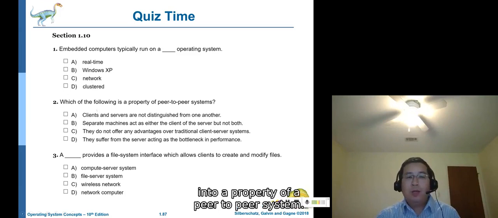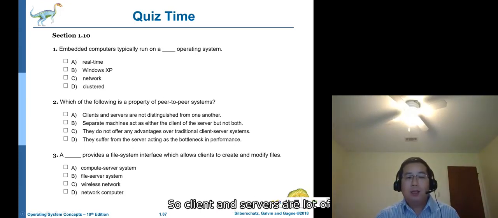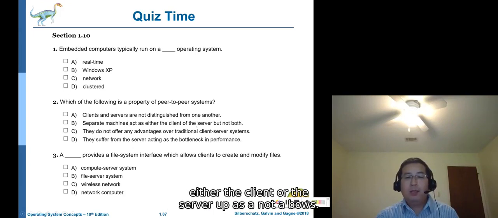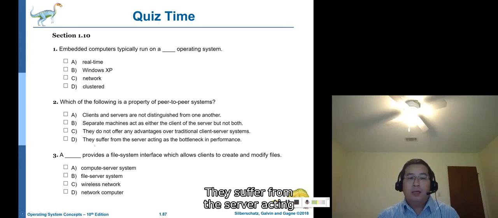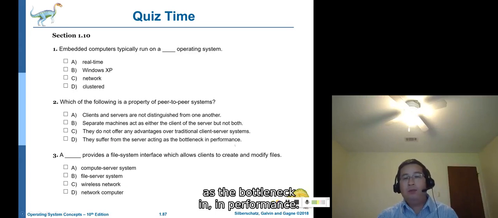Which of the following is a property of a peer-to-peer system? Okay, for P2P. A. Clients and servers are not distinguished from one another. B. Separate machines act as either the client or the server, but not both. C. They do not offer any advantages over traditional client-server systems. D. They suffer from the server acting as the bottleneck in performance.